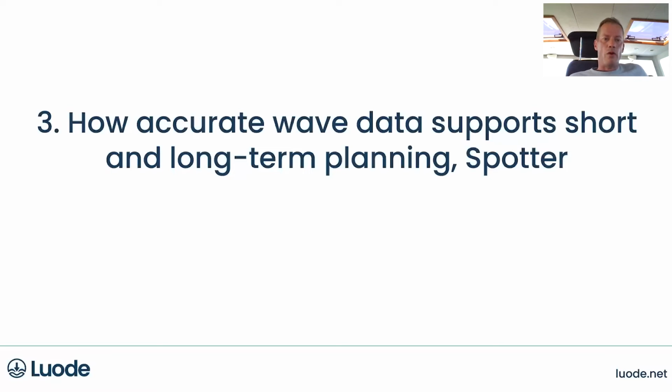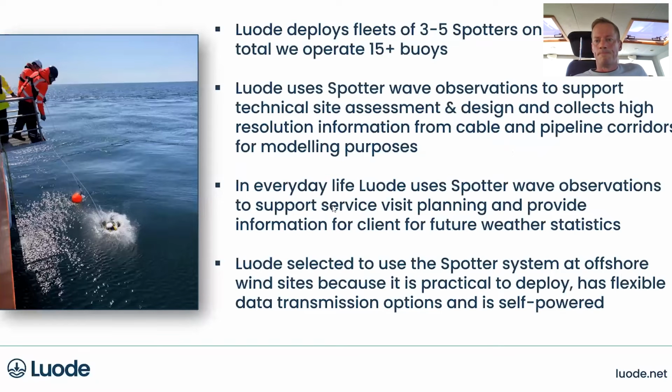Then some extra words and ideas about how accurate wave data supports short and long-term planning. And this is kind of a case study of the Spotter, why we chose the Spotter. I will make the screen more visible for me. So